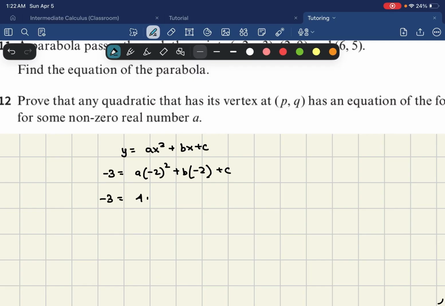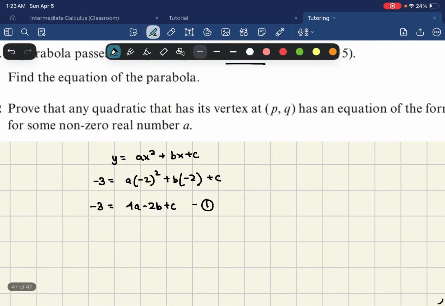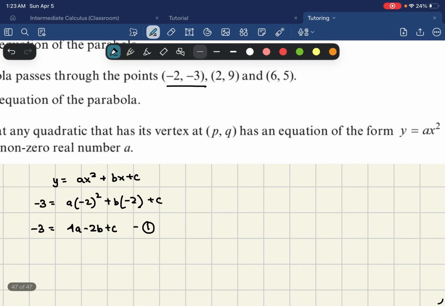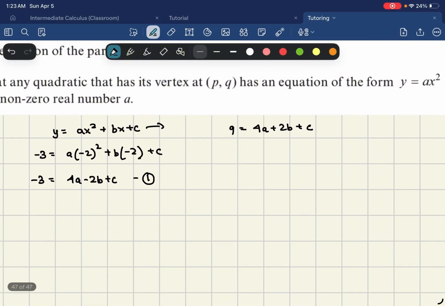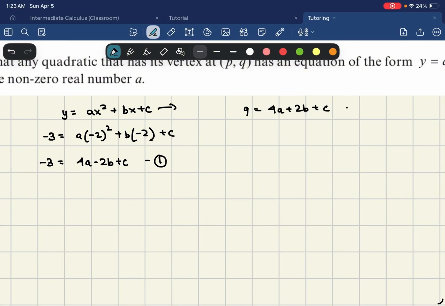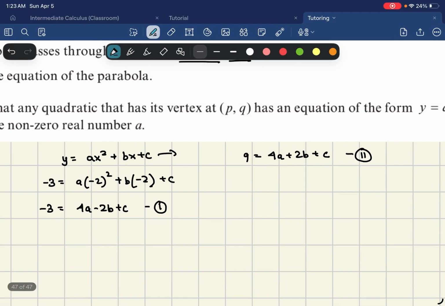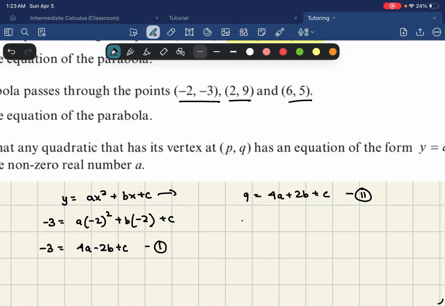-3 is 4a minus 2b plus c. That is my first equation. Let me substitute my second point. So if I substitute my second point here, I get 9 is equal to 4a plus 2b plus c. All right, so that is my equation 2. And let me substitute my third point. If I substitute my third point, I get 5 is equal to